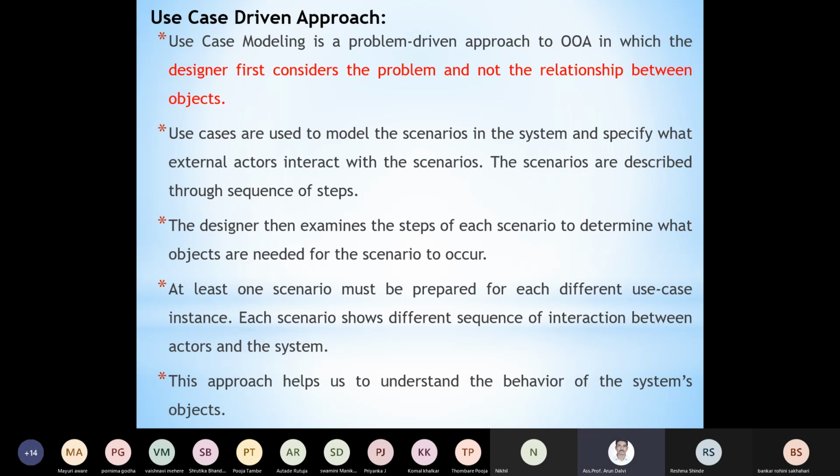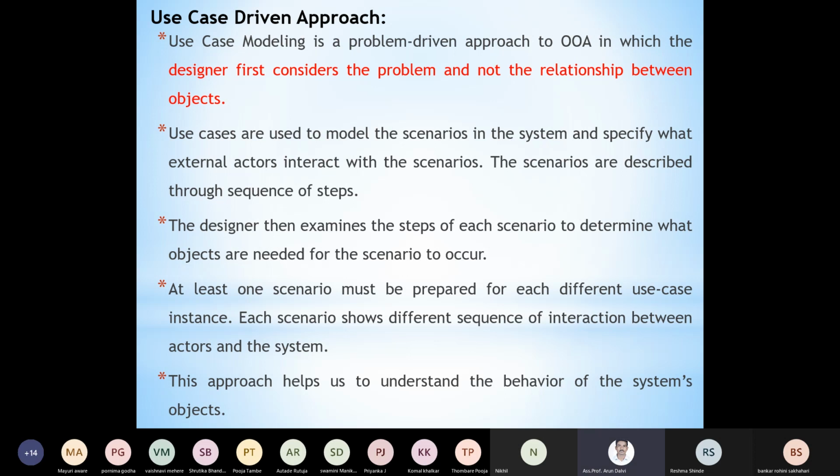So the next approach, or third approach, is the use case driven approach. Every time we have to draw a use case diagram under UML, unified modeling language. Under the UML there are several diagrams, and one of them is the use case diagram. Use case modeling is a problem driven approach to object oriented analysis, in which the designer first considers the problem and not the relationship between the objects.